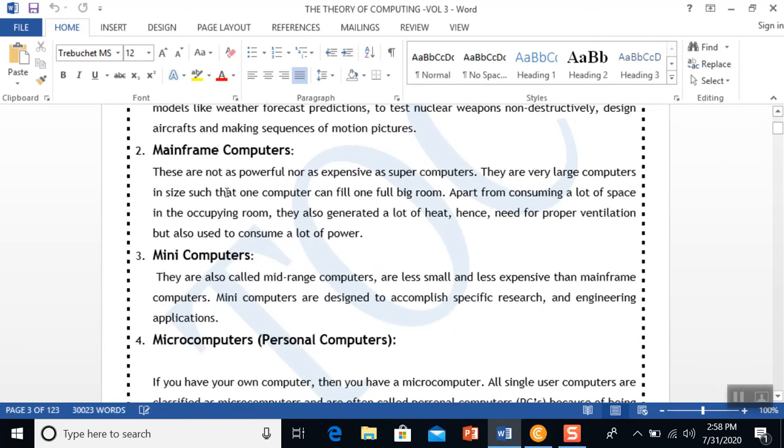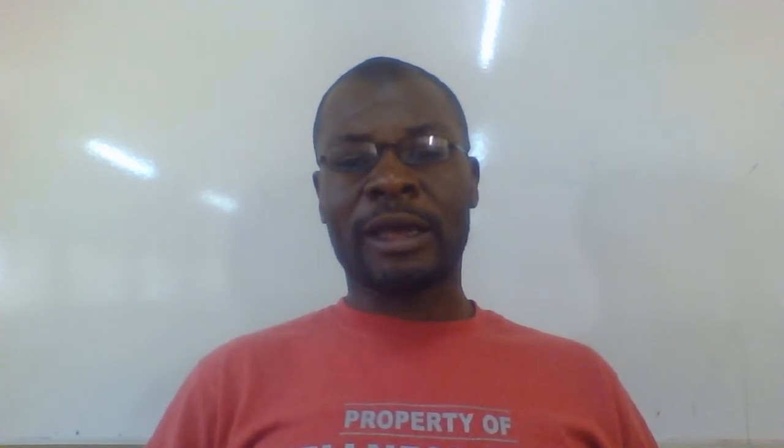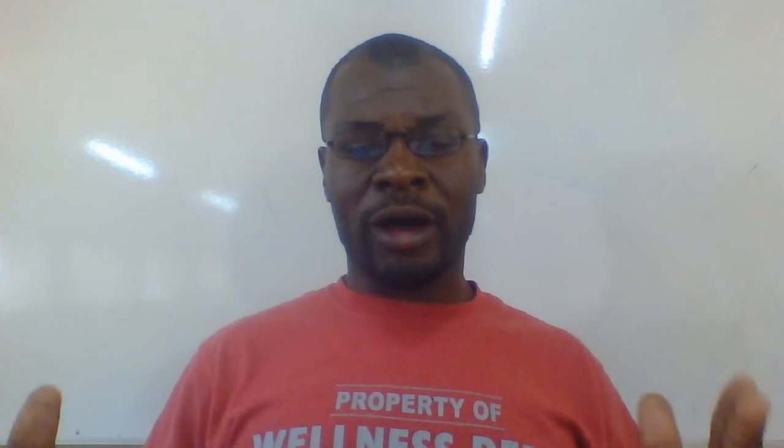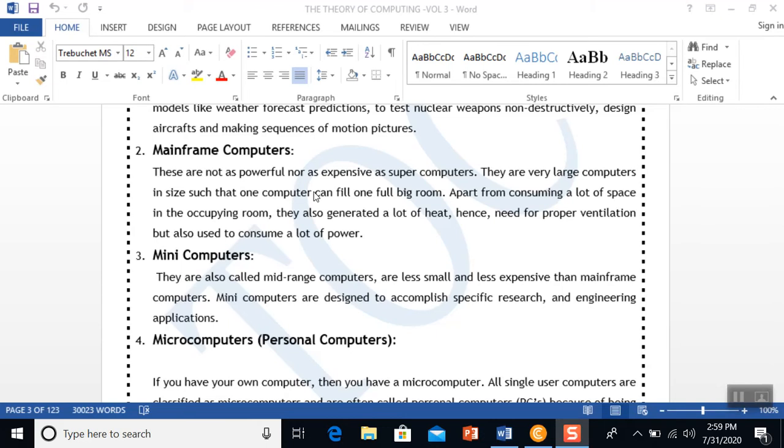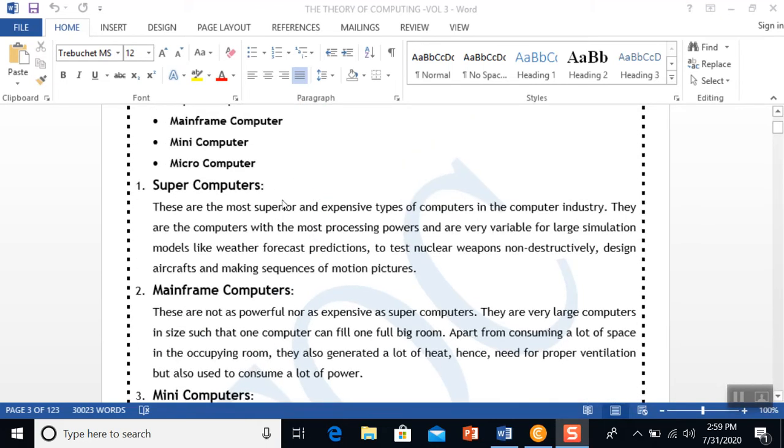From supercomputers, we've got those which we call the mainframe computers. I don't even know if you can find one of this type nowadays, because one mainframe computer can fit into one big room. For those students from Lake Road PTA school, your manual room there can only accommodate a single computer. Our IT room at Lake Road possibly cannot even accommodate one computer. These are so very big, but they are not as powerful and as fast as the supercomputers.